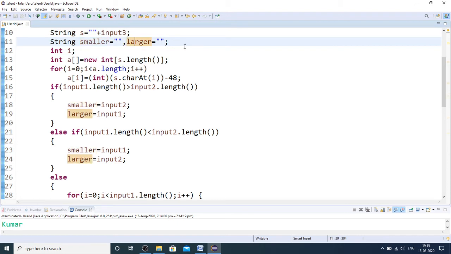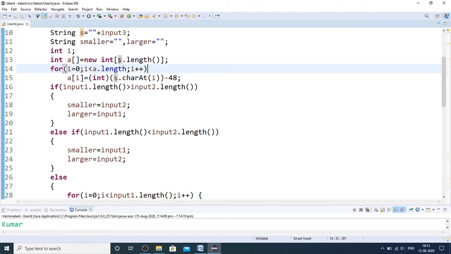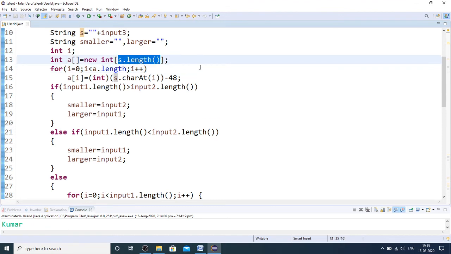The smaller name and larger name I have just initialized it to empty, and integer I taken for loop purpose, and then I have taken a integer array for storing the pin code digits, so here I have used new int of s dot length. You can even use directly 6 also, because anyway pin code will be of 6 digits. So you can directly use 6 also, but I have just used s dot length, so that if the pin code is larger also, this particular program works.